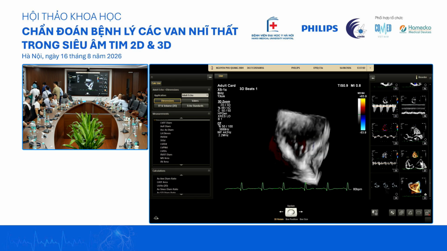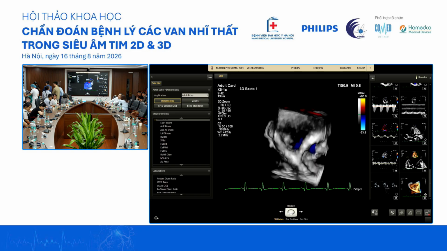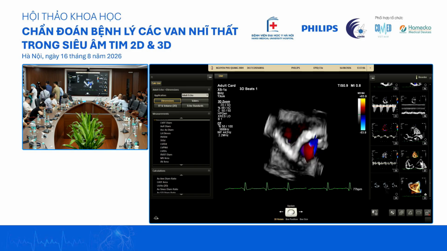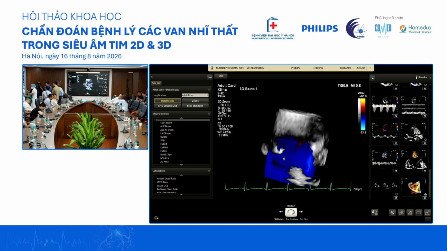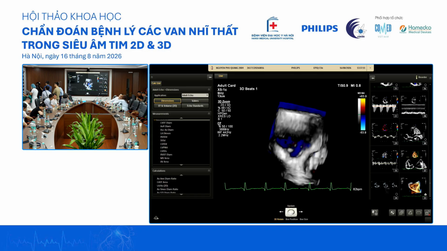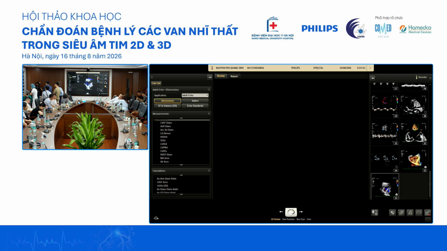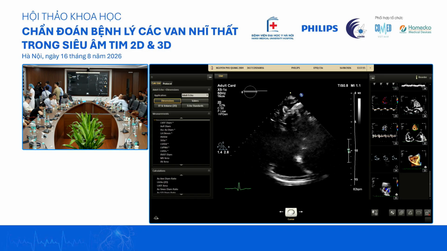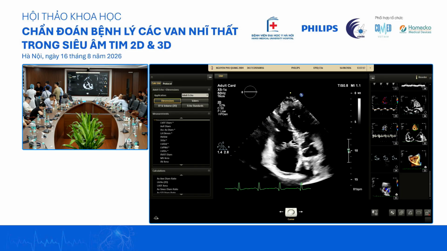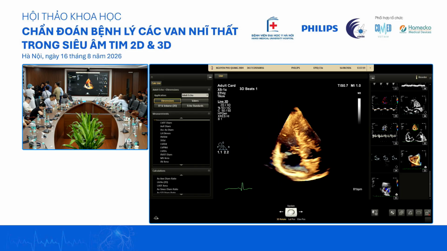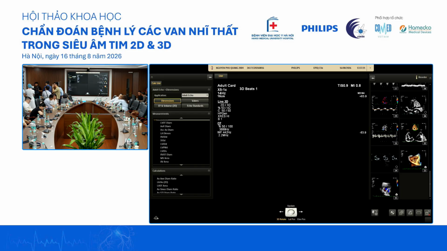Cannot really see. We only catch the tail, you're not capturing. Okay, no worry. You capture this, then you come out. Go back, and turn on your live 3D. Turn on your color.